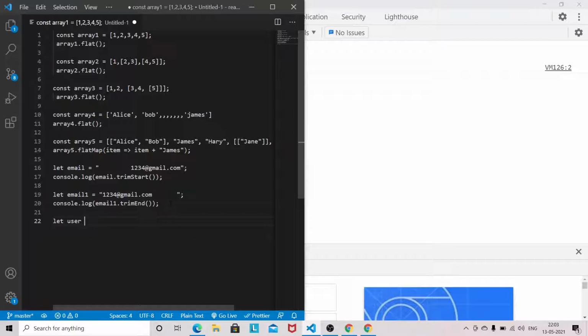Let's say user equals Tom, who has age 53, Jane with age 30, and James, let's say 35.